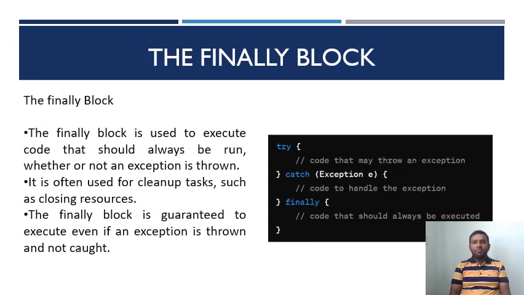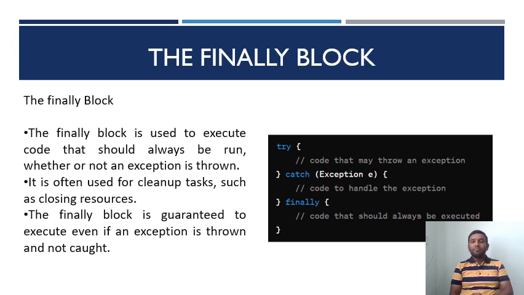Next, we will see about the finally block. The finally block is used to execute code that should always be run, whether or not an exception is thrown. It is often used for cleanup tasks such as closing resources. The finally block is guaranteed to execute even if an exception is thrown and not caught. Whether there is an exception or no exception, whatsoever it is, a finally block will always be executed